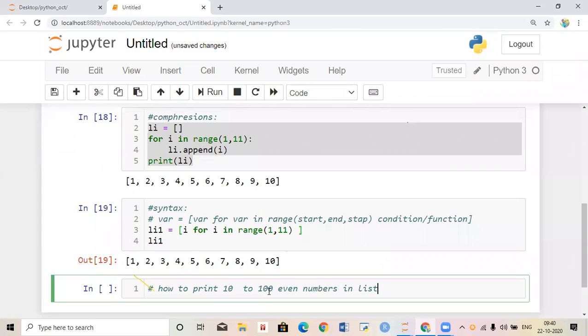How to print that one? Okay, percentage by i double equal to 0.